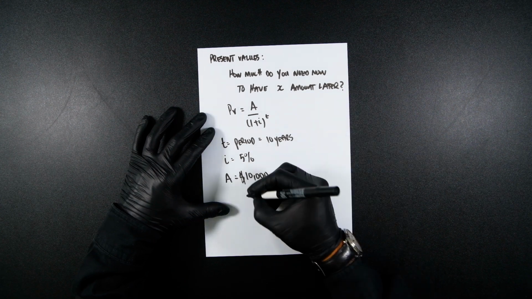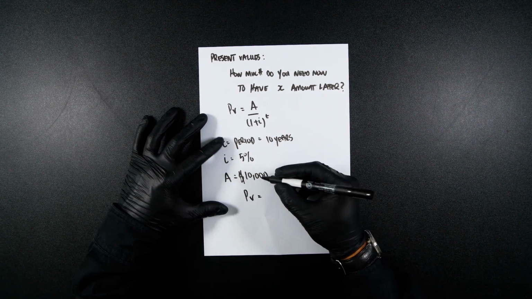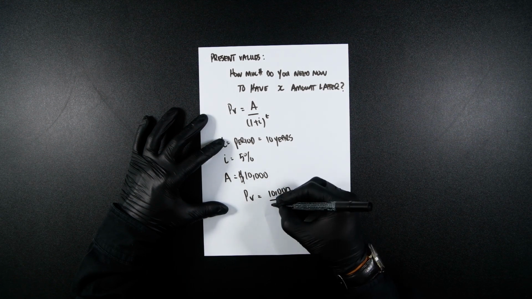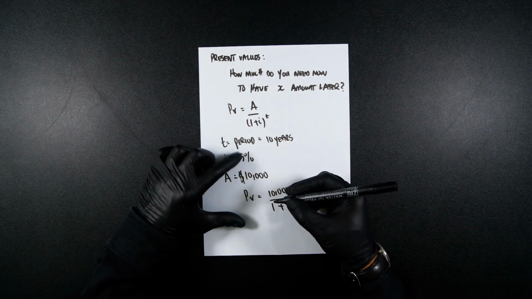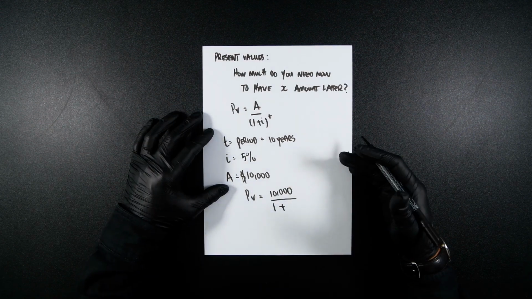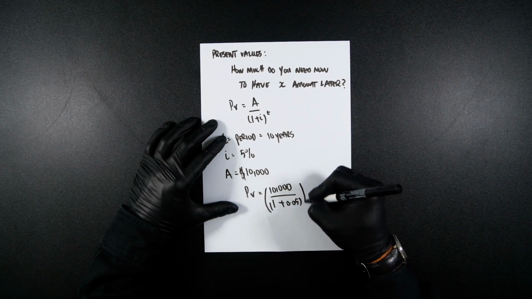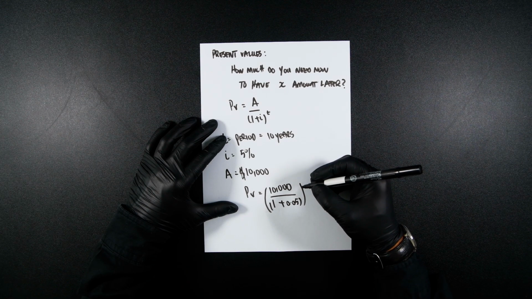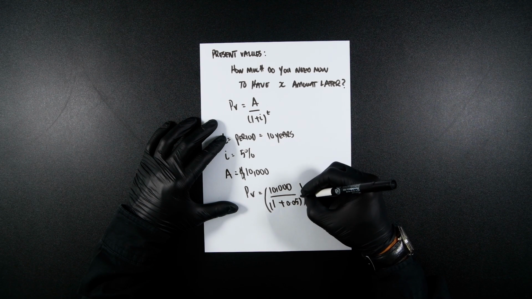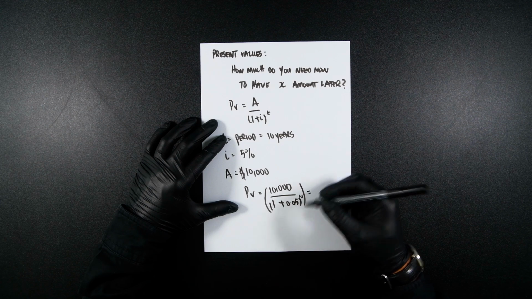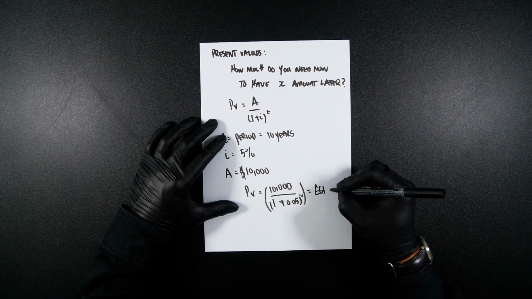So now let's plug that all in. So the present value would be 10,000, divided by 1 plus, you take the 5 and you convert it into a decimal. So 5% represented as a decimal is 0.05. And everything here would then be to the power of T, sorry, not everything, just this, of 10 years. So then putting this into a calculator, you're going to get